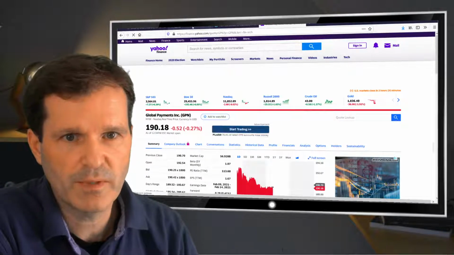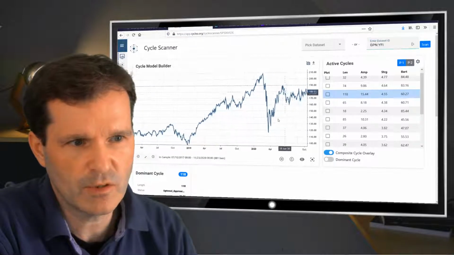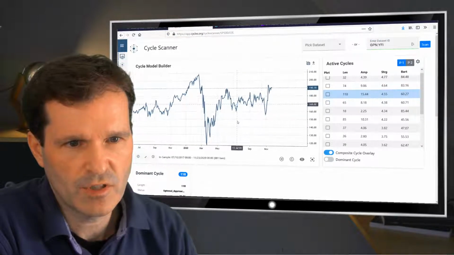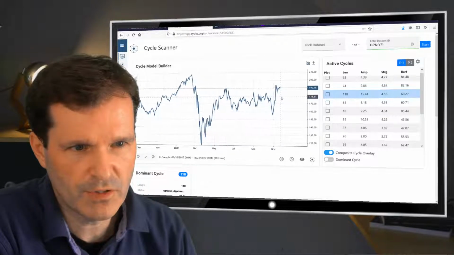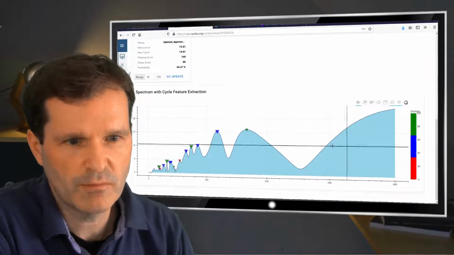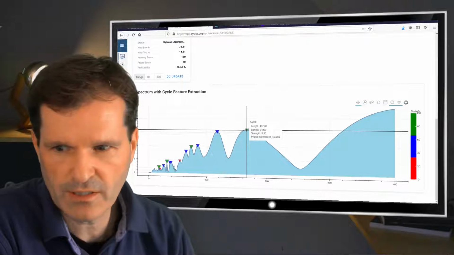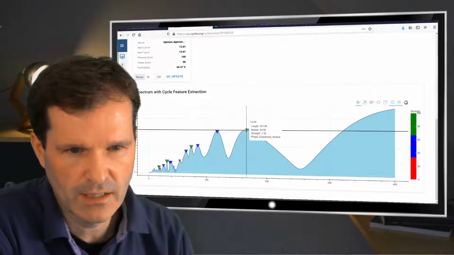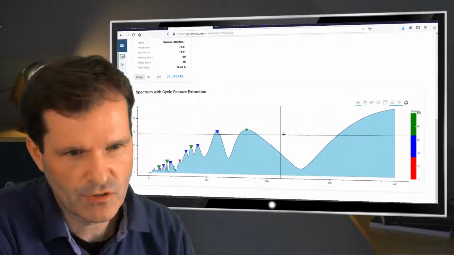Global payments. Yep, so here it is. Here is global payments. It's one stock here. So this is the chart. It's up to today, the data. So let's go through the spectrum and check what might be interesting here. So this one here, 167, maybe 118. So I would start with these two.